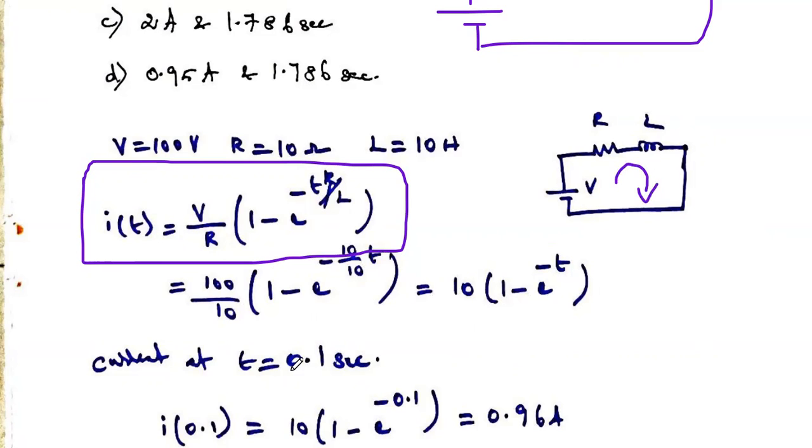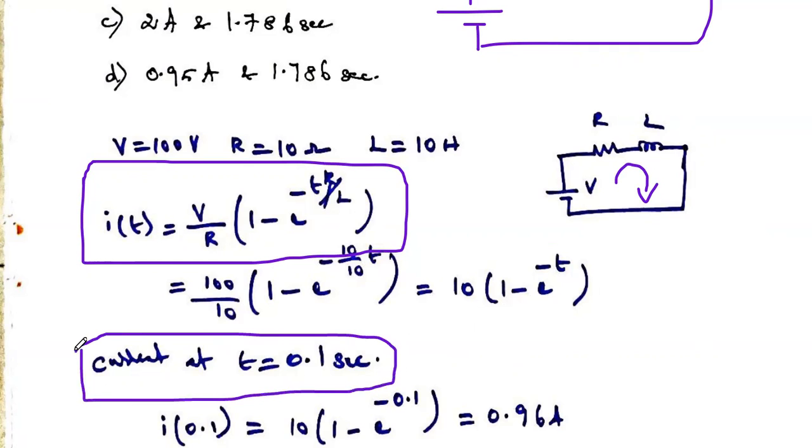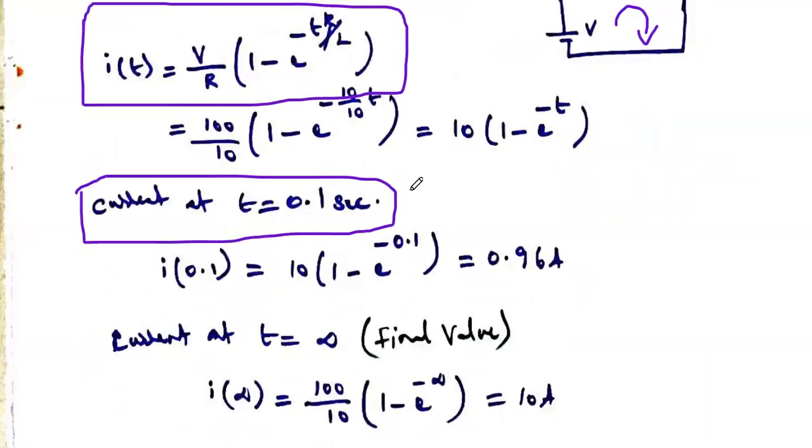Okay, so our question is, we have to find the current at time t equal to 0.1 second. So you just substitute this time t. At time t equal to 0.1, you just substitute in the above formula. So I of 0.1 second is equal to 10 into 1 minus e power minus 0.1. So the answer is 0.96 amps. So the current at time t equal to 0.1 is calculated. Okay, and the next thing is the